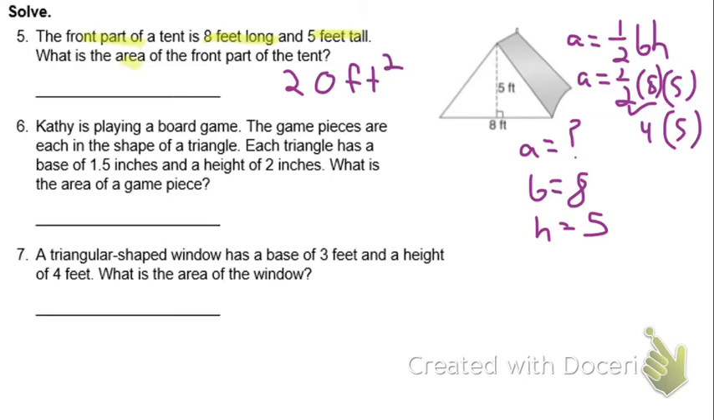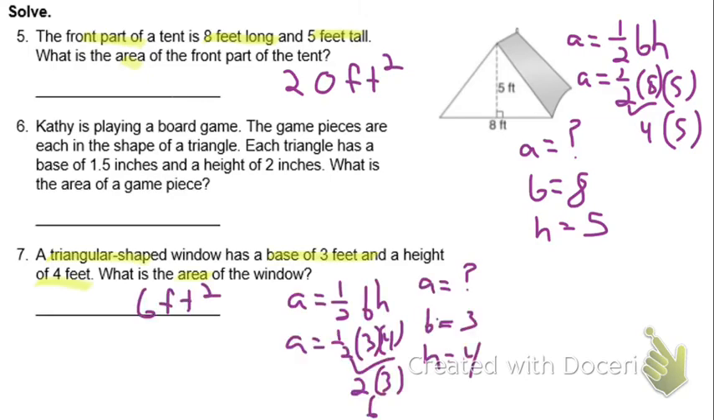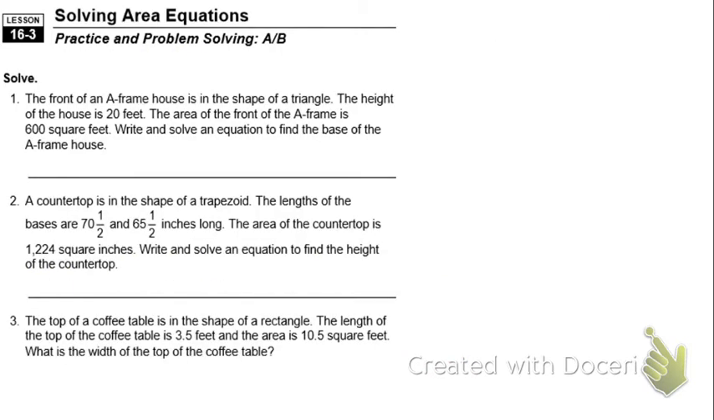All right, and the last one here, this is the answer. 6 feet squared. All right. So now in the next one, it's kind of working backwards now. It's lesson 16 and 3/10, or lesson 16.3. All right, so the